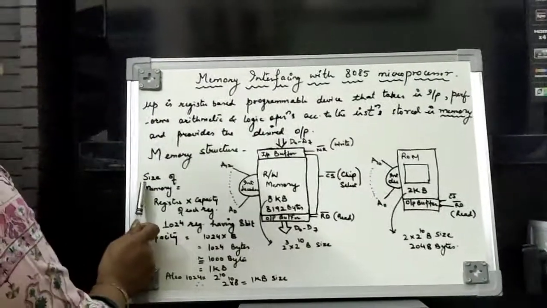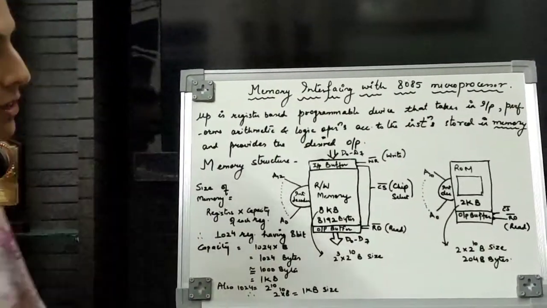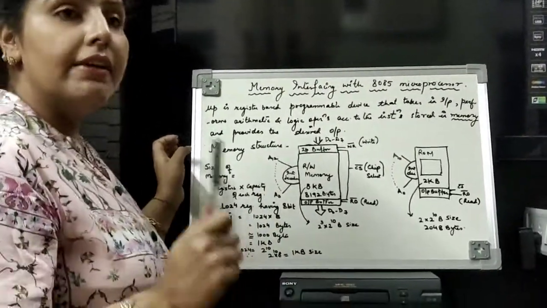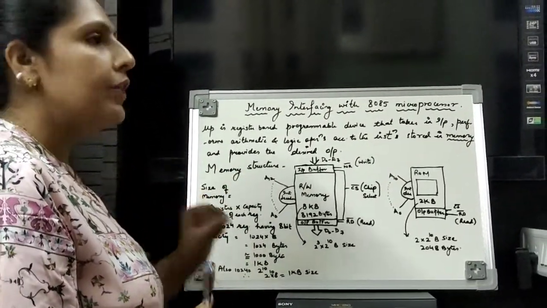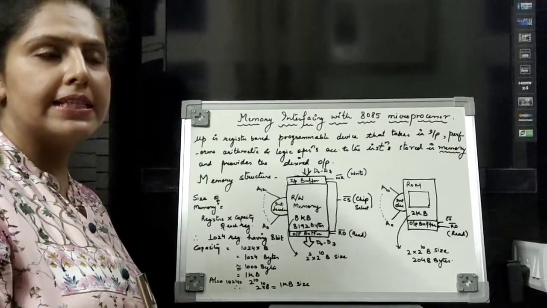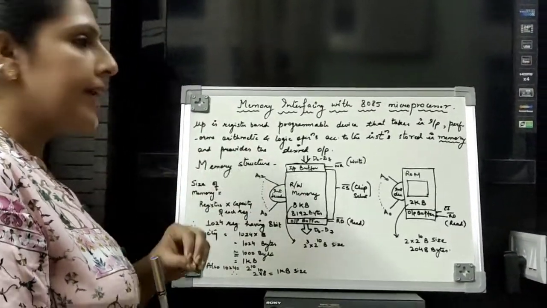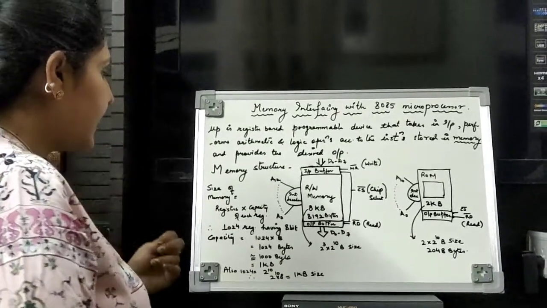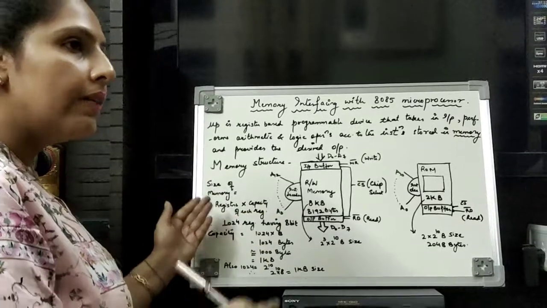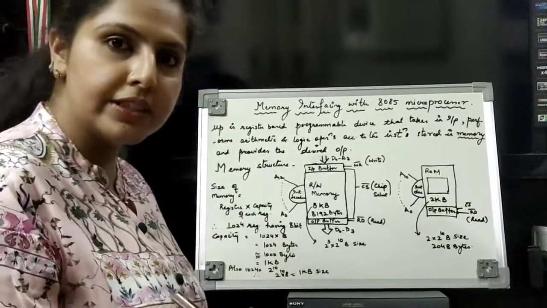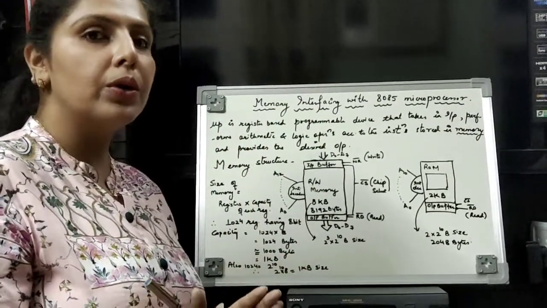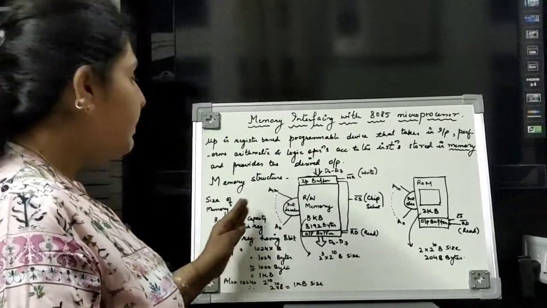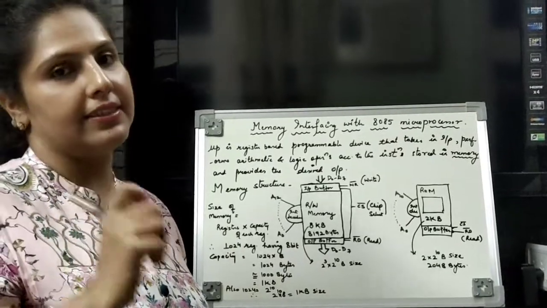I would like to shed some light over the size of memory first of all. Whenever we talk about memory, we talk about sizes like 1024, 2048, 4096, 8192. What are those? Let us take an example. The size of memory is always associated with the number of registers in the memory. As I have told you, memory is a pile of registers multiplied by the capacity of each register.